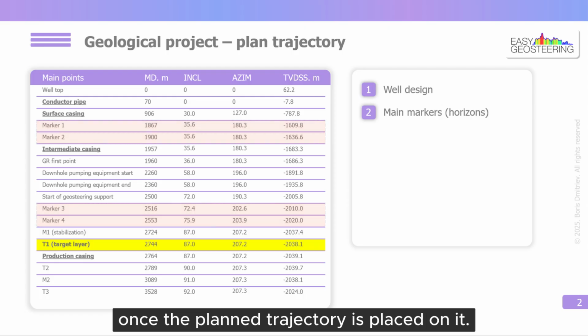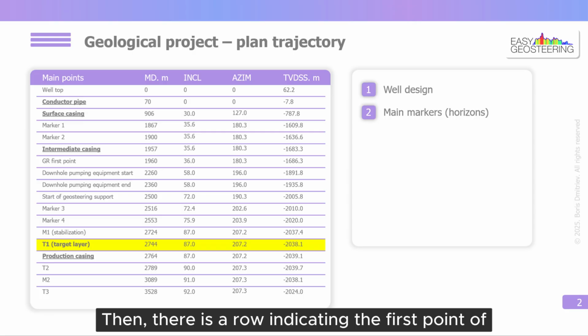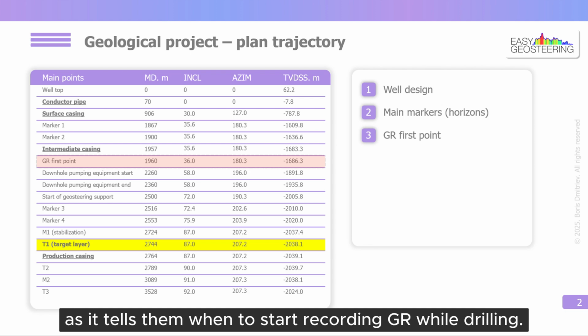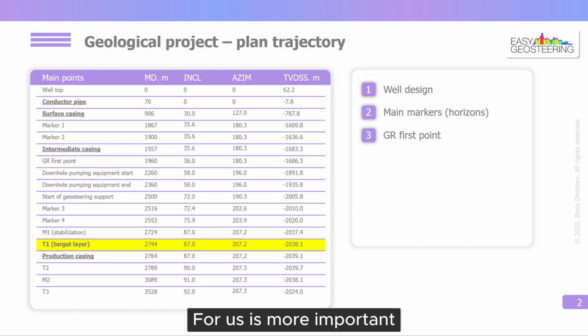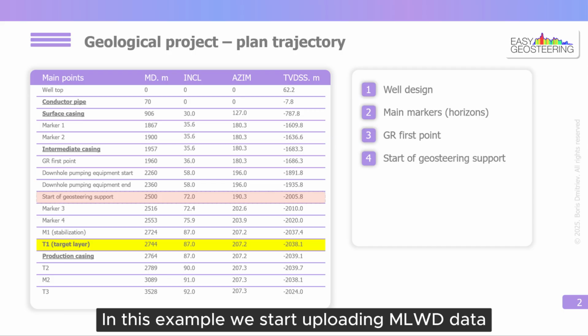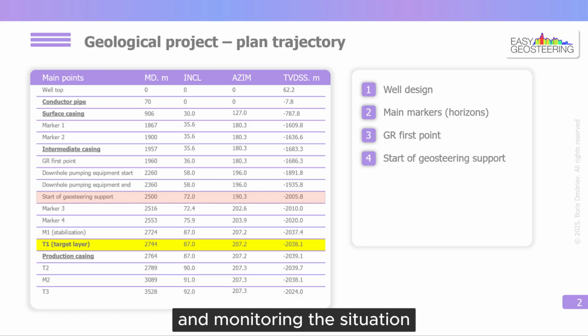is placed on it. Then there is a row indicating the first point of gamma-ray logging. This is relevant for MLWD engineer as it tells them when to start recording gamma-ray while drilling. For us is more important the row indicating the start of the geosteering support. In this example, we start uploading MLWD data and monitoring the situation at 2500 meters MD and inclination of 72